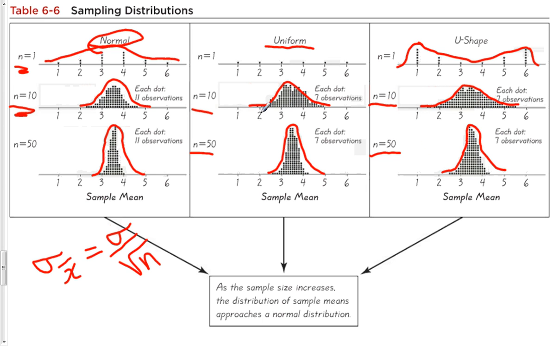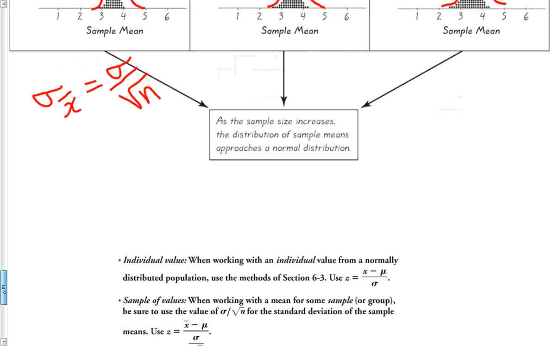So it doesn't matter where we take our samples from, what the distribution of the population looks like. When we start looking at the sample mean, or the sampling distribution, and increase the size of the sample, it'll become more and more normal. All right, now